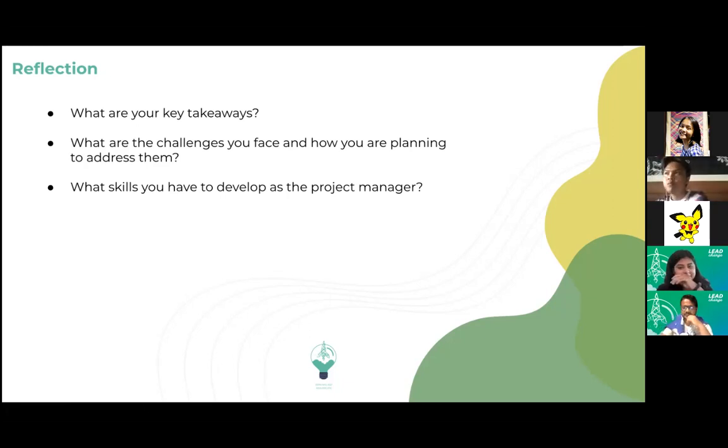And then as for the skills I want to develop, definitely related to my previous answer, which is reporting and transitioning to closing, because I think a lot of people, especially a lot of ISICers, it can really be exciting to plan at the start, and we all get excited and hyped for the start of the projects. But when it's already in the middle or when it gets tiring already, sometimes we lose our drive or motivation. So for me, one of the skills that I want to really invest in would be reporting and properly transitioning and closing these projects,